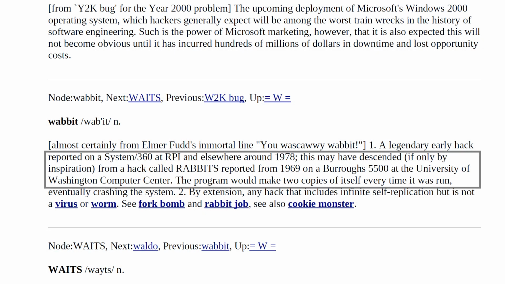Some sources mention, although without citing any original source, so I mainly think of it as oral history more than anything concrete, that in 1969 there was supposed to be the first fork bomb, or the first rabbit, as fork bombs are often called.